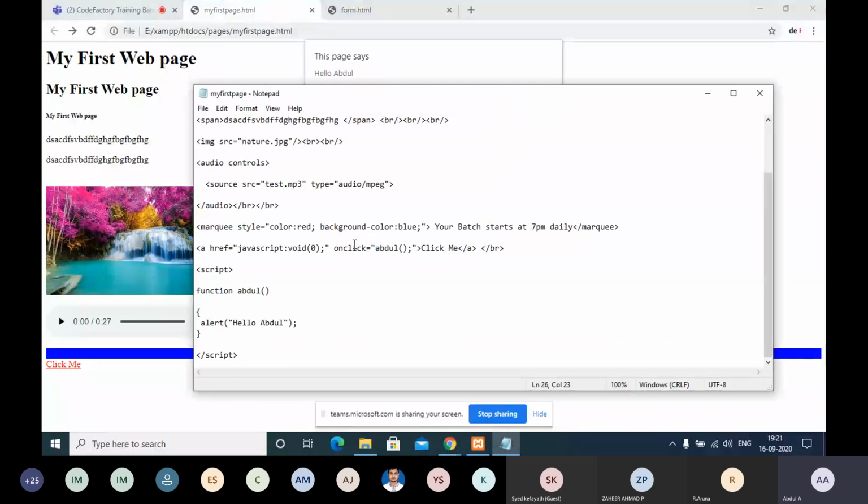Once I have given this onclick, I have just written to call this function Abdul. So once I click on that particular link, it automatically goes to the JavaScript and calls the function Abdul, and it works with whatever script we have written under the JavaScript function.